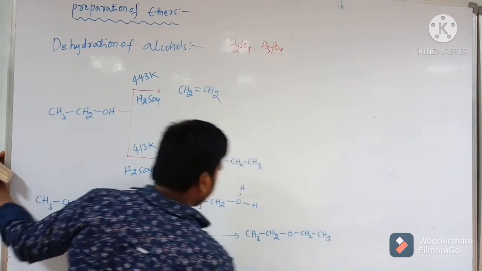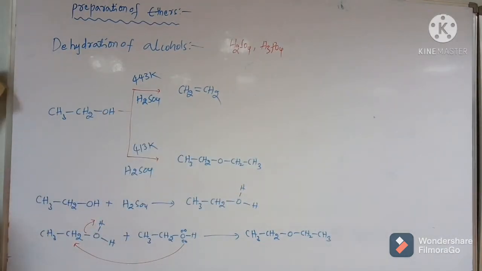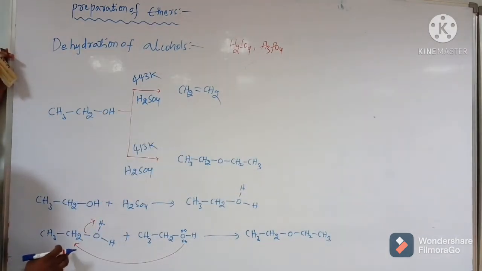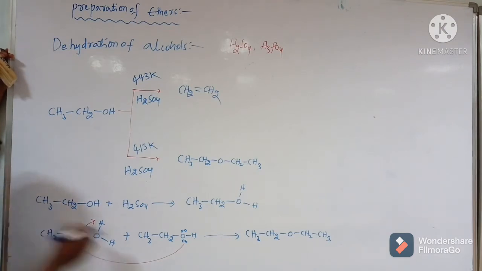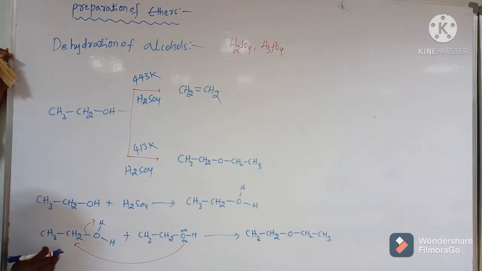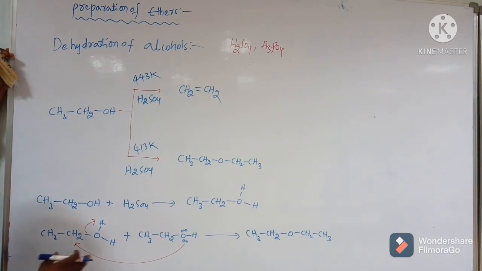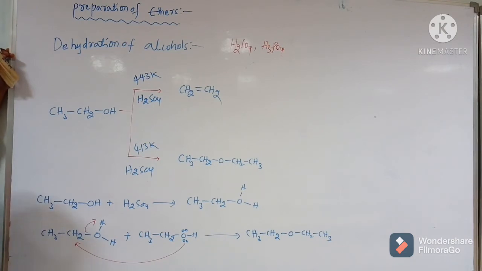The alcohol substitution takes place on the protonated alcohol, and we get ethers. This type of mechanism takes place on primary alcohols only. With secondary or tertiary alcohols it is mostly unsuccessful, because it does not go through the SN2 pathway. It goes through the SN1 pathway, and by the elimination process we get alkenes as the product. Successful ether formation occurs using primary alcohols only.